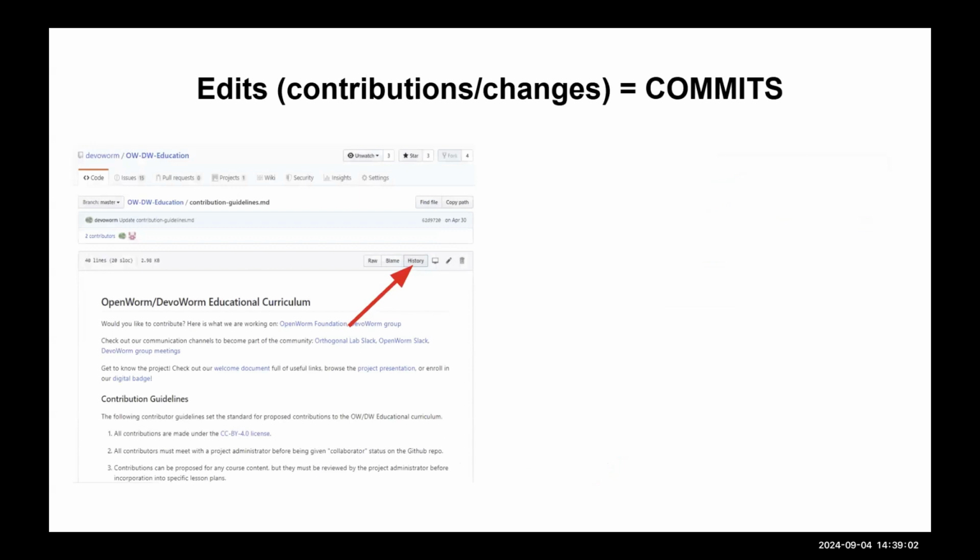So this is actually an example here. This is where you have a repository. This is a file called contribution guidelines. So this is in this repository that I created in this account. This is kind of like a README. I've just given it a different name, and it has this text.